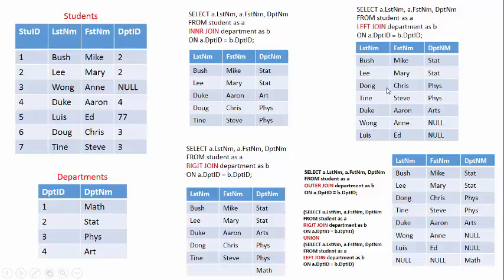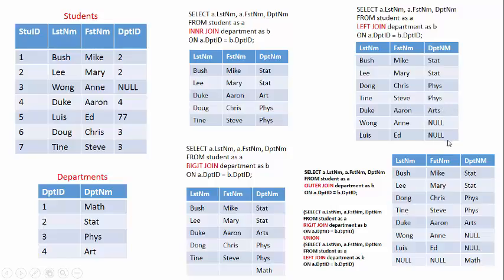In this particular one, we do have some duplicate department names, because multiple students can belong to the same department. We also noticed the order of the records changed from the original table. Now it is ordered by the department name, but different database management systems will have different ordering